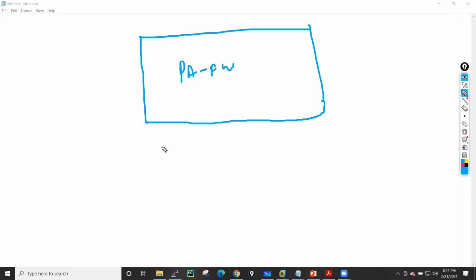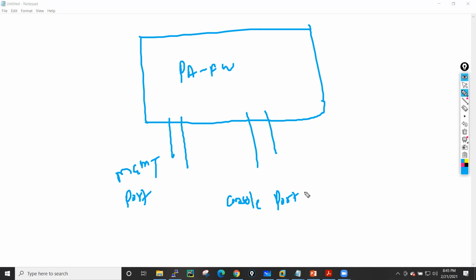Whenever you get this box, this firewall has a dedicated management port. And apart from this management port, it also has one more port, which is your console port. Now let's suppose you want to access this firewall for the first time.